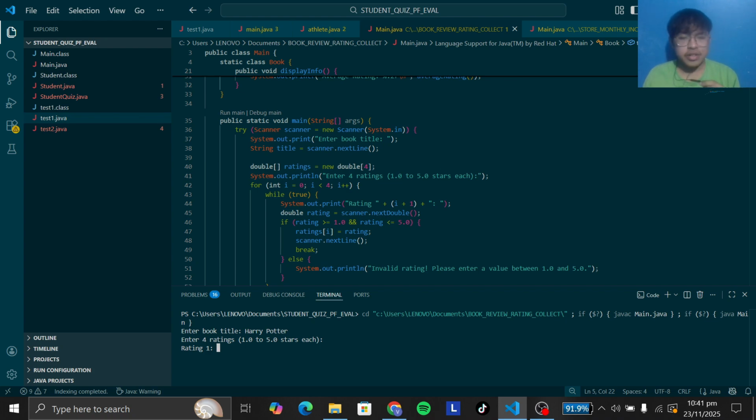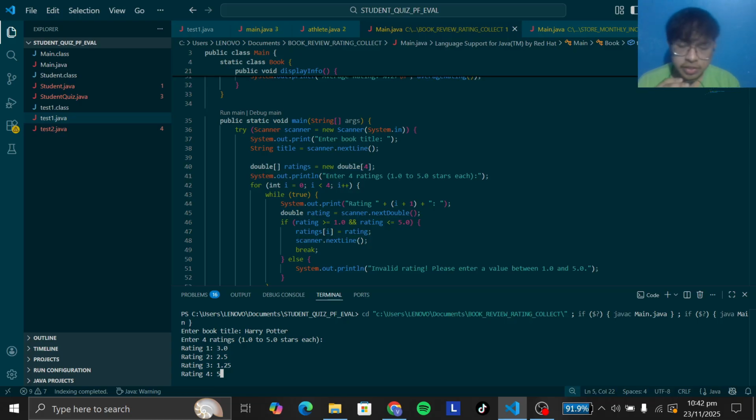So let's start with, let's say, I give Harry Potter the first one, 3.0. So I didn't enjoy it much. Next one is 2.5. Also, the next one, I like it very much, but not so much. So I put 1.25. And then the fourth one, let's say I didn't like it really, so I put 5.5.